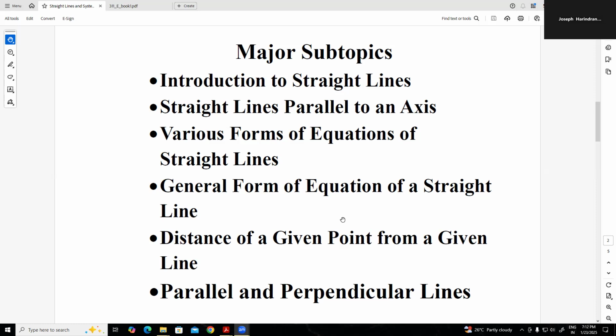General form of the equation of a straight line. Distance of a given point from a given line is the perpendicular distance from a given point to a given line. And we are also going to see parallel and perpendicular lines, the equations of parallel and perpendicular lines. Let's dive into the